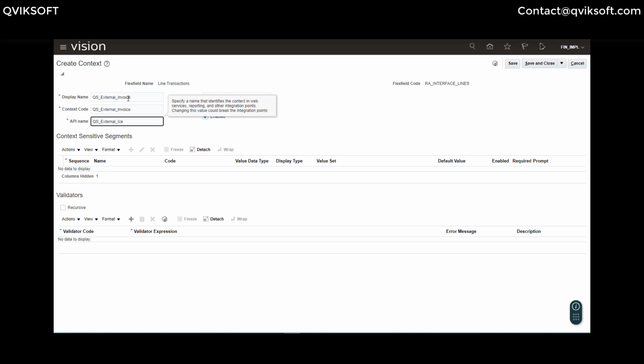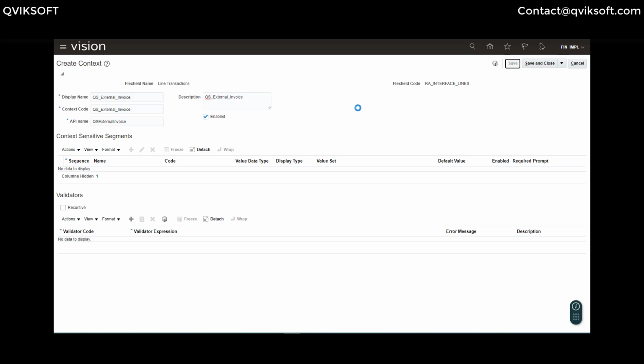The system automatically creates this name, because this last name which you're looking at is the one used for the API. If you're sending data through the API, this is the information you will be passing to the API. So I can post it here. This is the name I've given. Now, what are the fields which I want for my context sensitive flex field? I can add my fields here. Let me save this one.